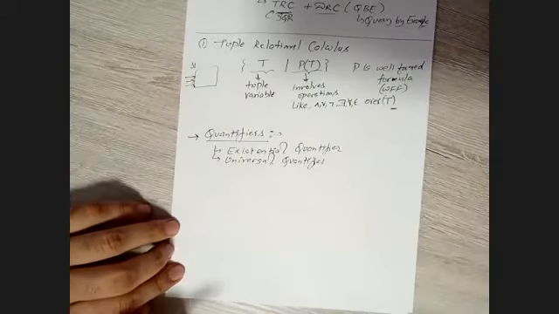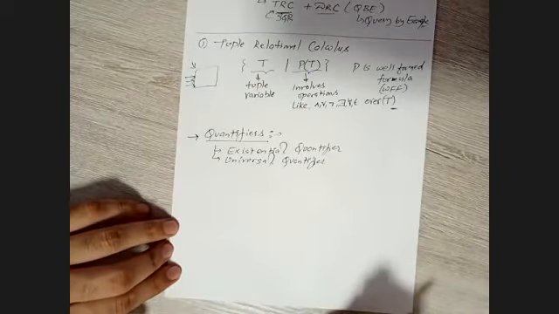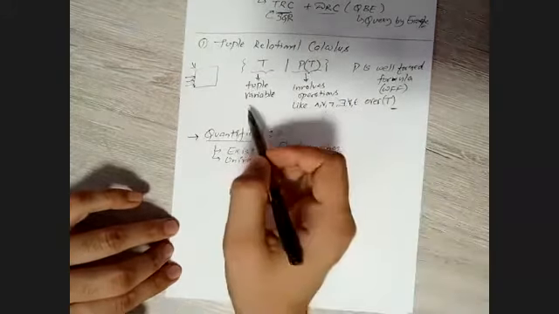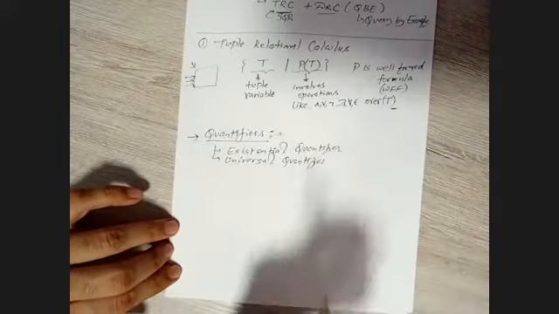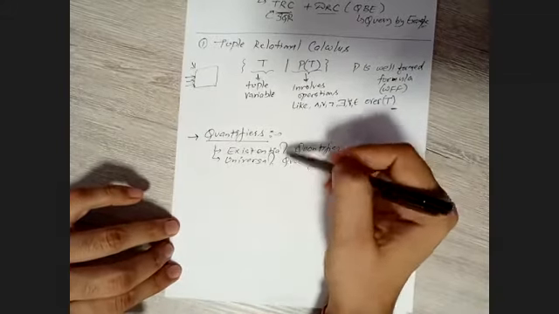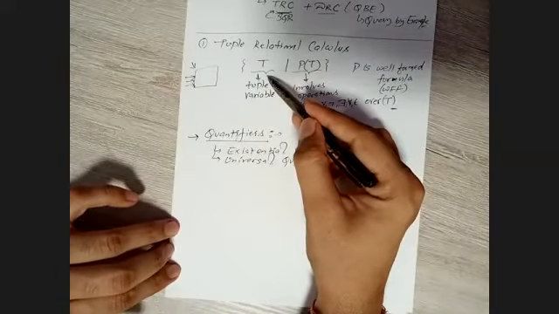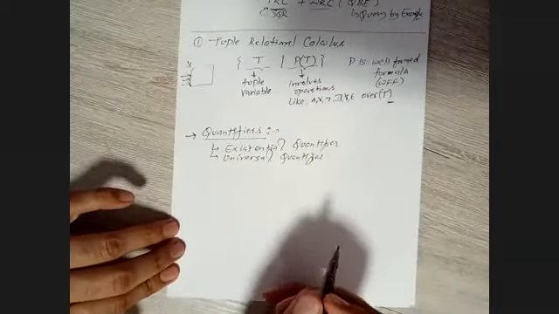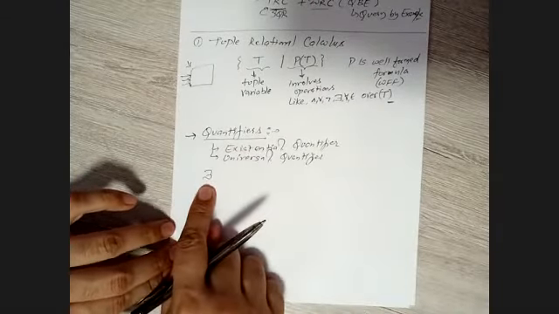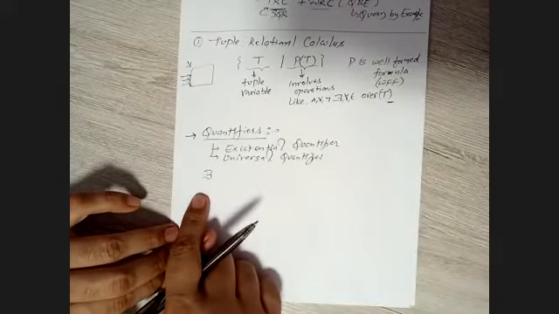So there are two quantifiers we can use with a formula to tell how many instances the predicate applies to. These instances are basically tuple variables. So how many tuple variables or instances can we apply the formula to? These quantifiers are included inside your formulas. The first one, the existential, is "there exists", and we write it this way. Probably you are familiar with this. This "there exists" is used in a formula.